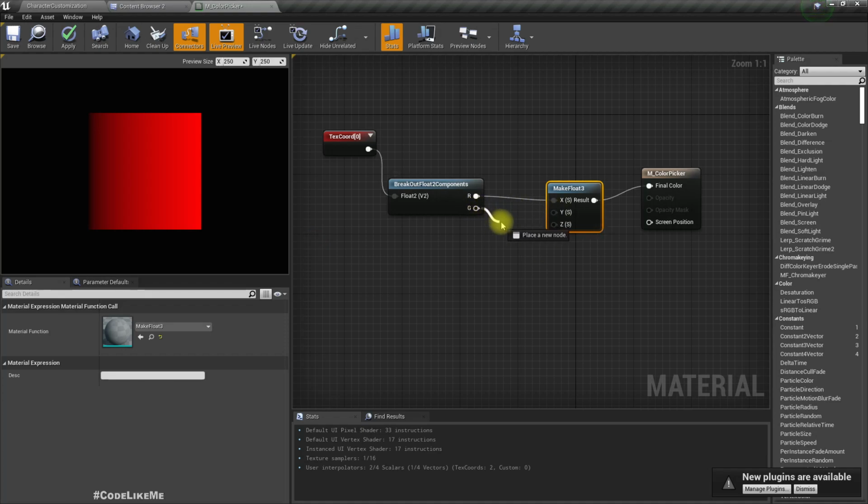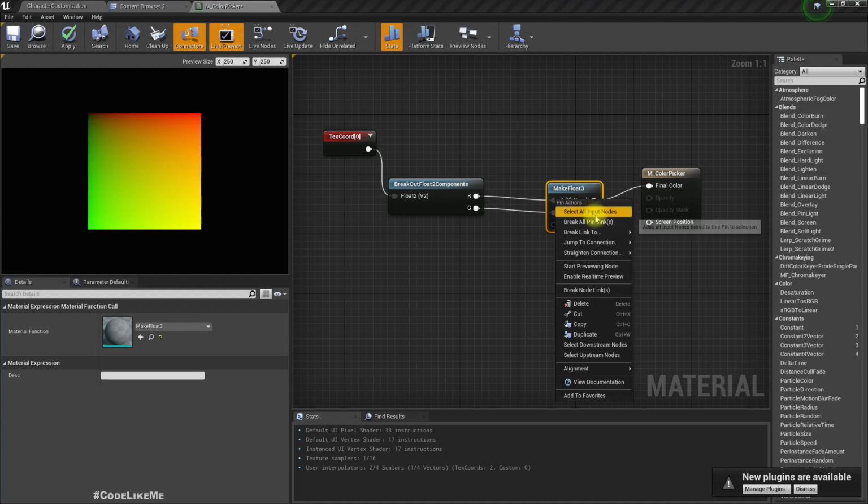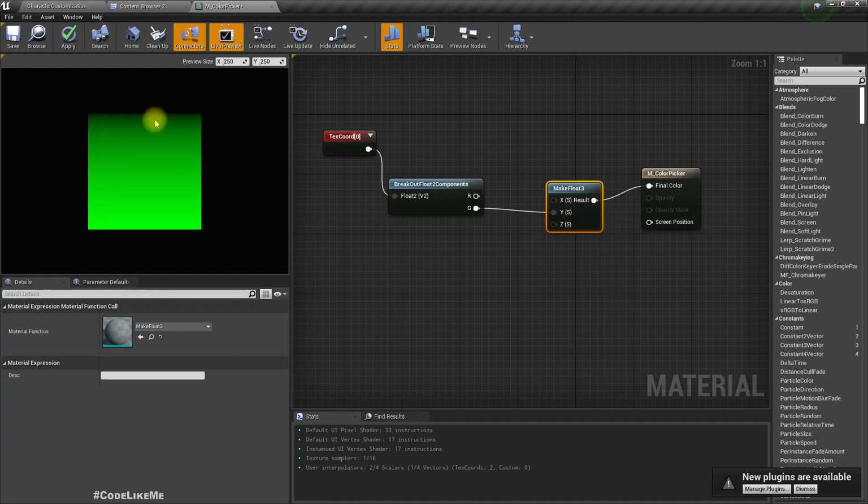So if I connect again green to Y, that means the vertical. So here we get green. When we go down, we get green. If I break this, you can see everywhere is green when you go down. Okay, so